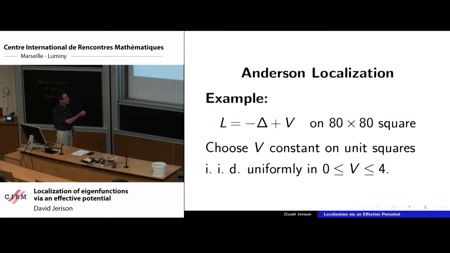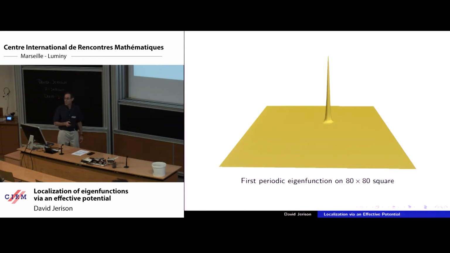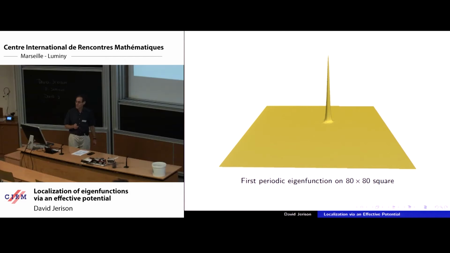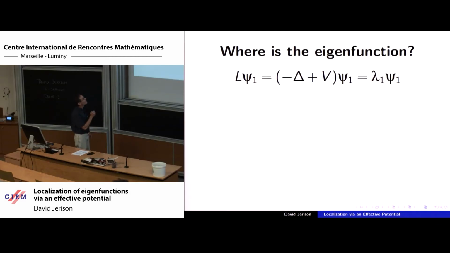So this is for a periodic operator, and here it is, all right? So you could agree that this is localized, I think, okay? So that's a very curious phenomenon and very important in physics. And so you can ask yourself, this thing is random, so that it could pop up any place, obviously. And the first question that one can ask is, where is it going to pop up? All right? So where is this first eigenfunction?